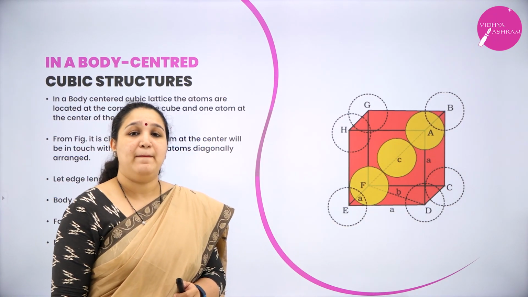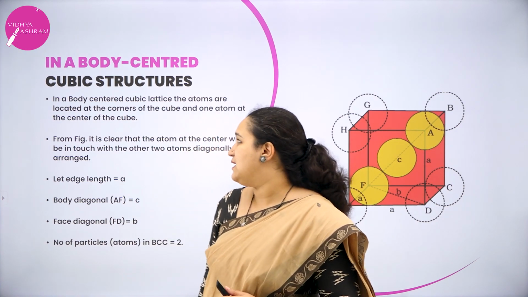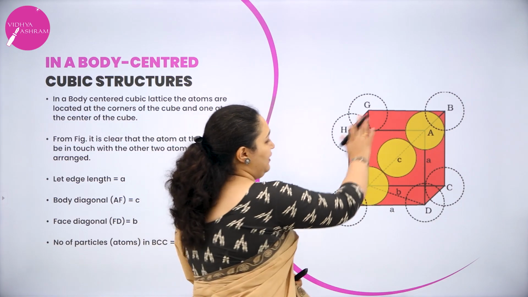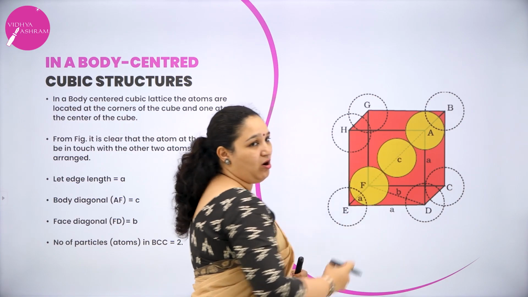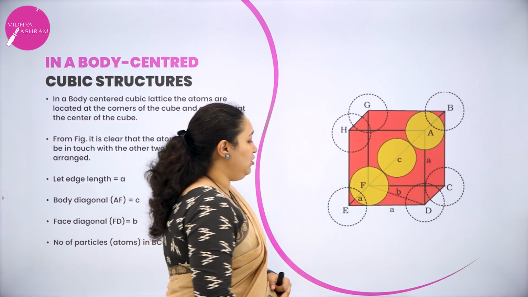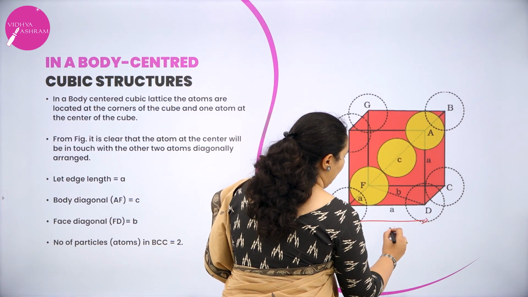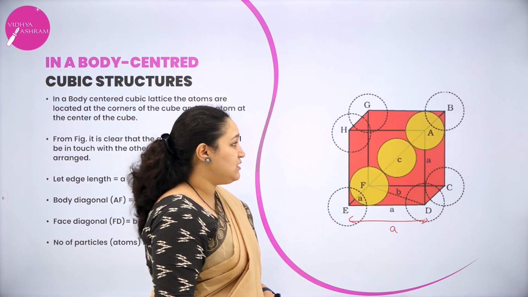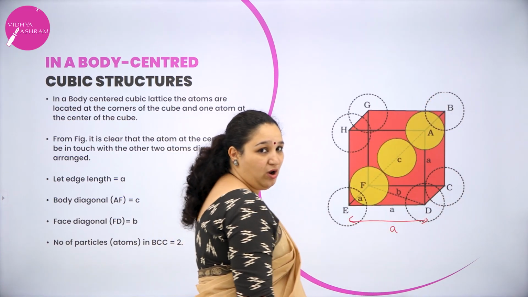packing efficiency in BCC, that is body centered cubic unit cell. So in body centered cubic unit cell, we have the particles in the 8 corners and 1 particle in the center of the body. Correct? Now, here also we are going to consider the edge length to be A. But which are the particles which we are considering? See, for your exam, you have to show only the particles which are there in yellow. These dotted ones you need not draw.